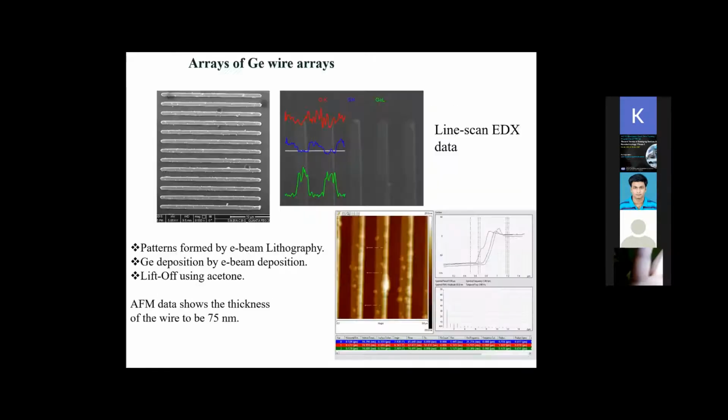So now we also have make arrays of germanium nanowire using this e-beam lithography, and you can see all parallel lines can be easily drawn using this e-beam lithography. In this case the thickness of the wires are 75 nanometer. However, the line width of these are in the 500 nanometer range. However, if you wish, you can make 100 nanometer also. It is possible to do 100 nanometer or below. Below is a bit difficult, but 100 nanometer you can easily achieve using this.